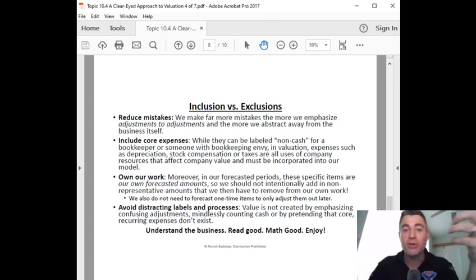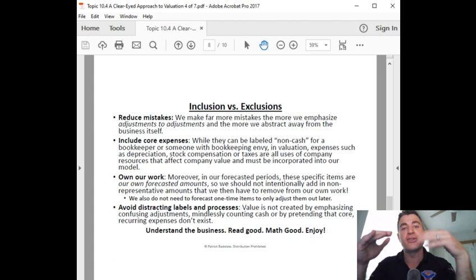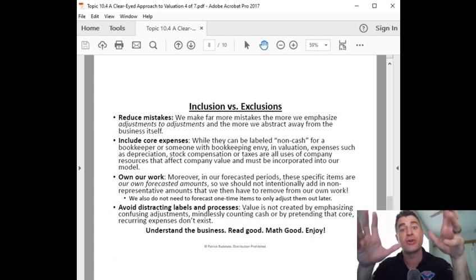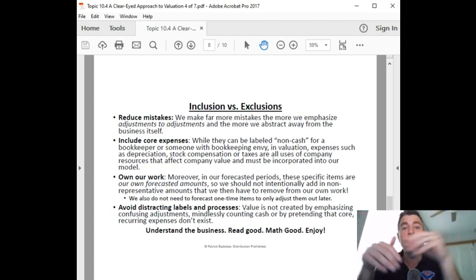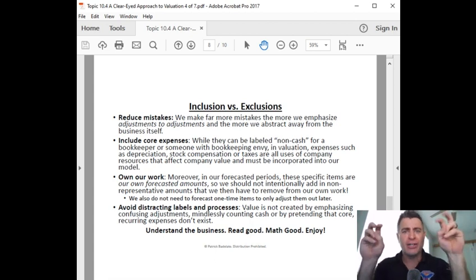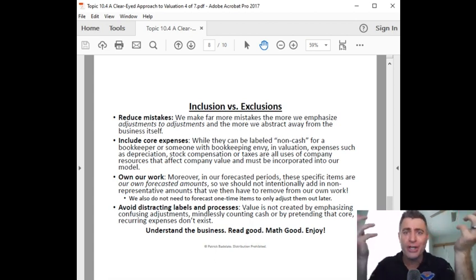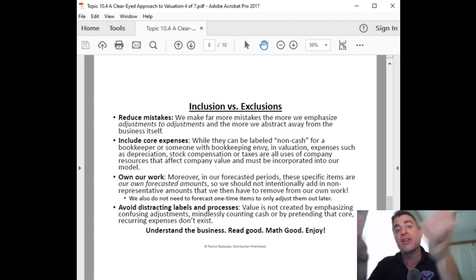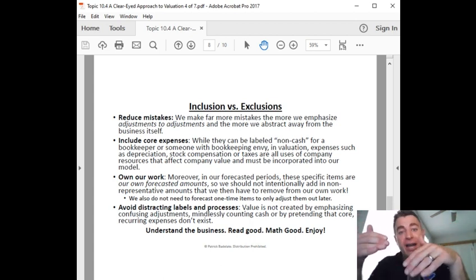What is CapEx? We just make mistakes. We make mistakes because these are layered things, and the superficial answer isn't always the full answer. Include core expenses. This is the point I made before, and I think it's worth repeating here. While a bookkeeper or someone with bookkeeping envy may think about non-cash this or that, virtually all expenses are non-cash. So it's not a useful label. It's an unhelpful, weird segregation that doesn't actually get us to what we need, which is the economic